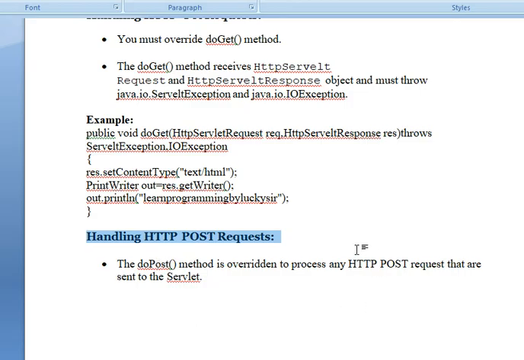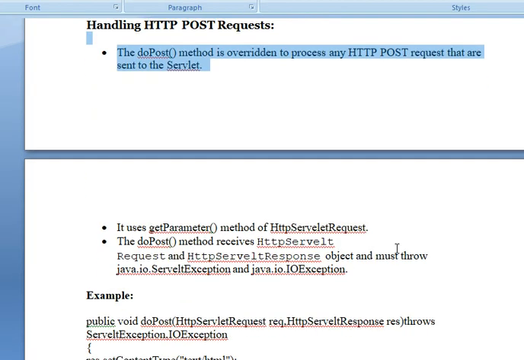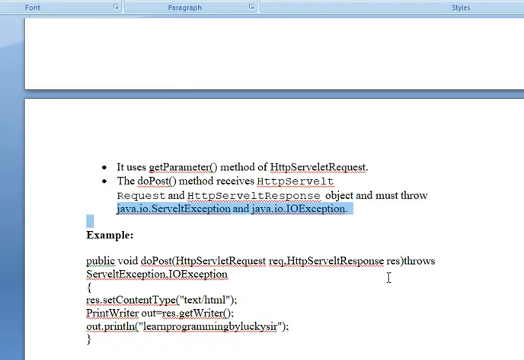The doPost method is overridden to process any HTTP post requests that are sent to the servlet. So it uses the getParameter method of HttpServletRequest. The doPost method also receives HttpServletRequest and HttpServletResponse objects and must throw ServletException and IOException.